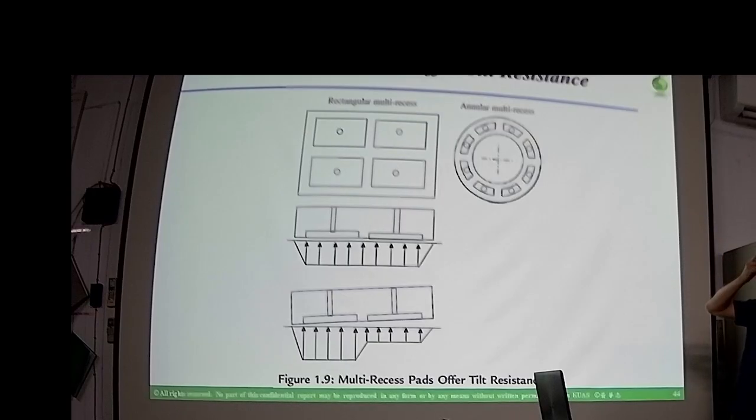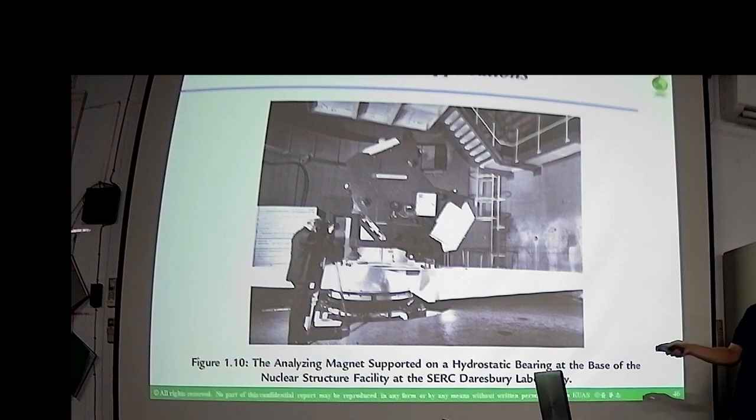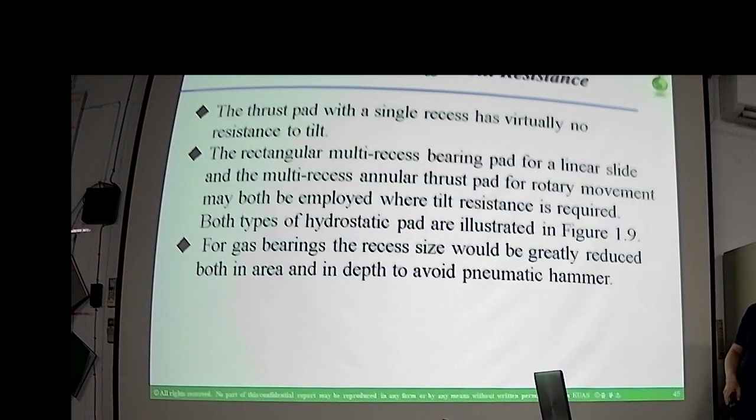So this is the rule of thumb for the design. 通常是在移动方向至少要两个油腔，在工作台上面。对。